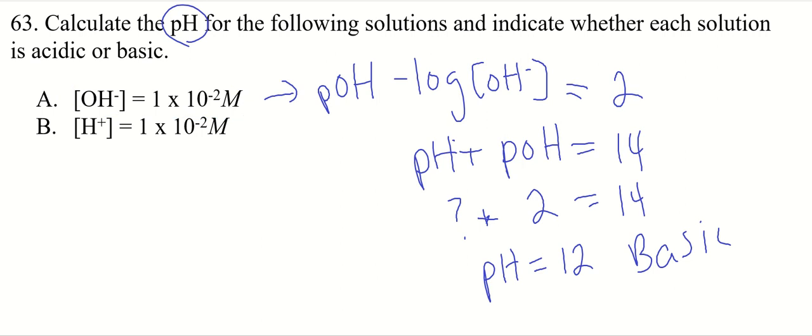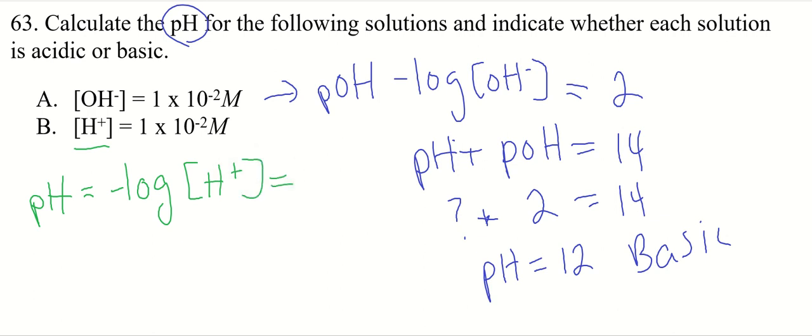All right, so let's do part B. Part B, same thing. This one already gives us the hydrogen ion concentration, so if we want the pH, we just take the negative log of the hydronium concentration, or the H+ concentration. All right, in this case, the coefficient is just a 1, so you can simply take the absolute value of the exponent. So the pH is 2,